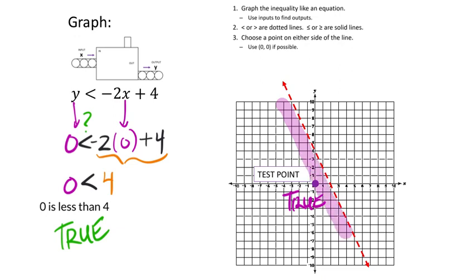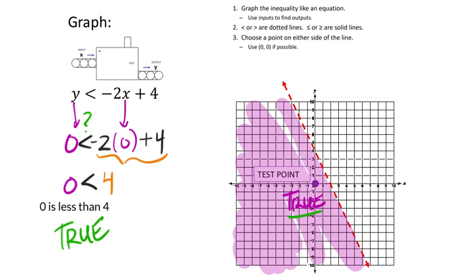Get something, we're not looking for perfection here, so something like this. Okay, now the shaded area shows us, once again, all the values that are true. So, as we've done this, we've shaded, and all these ordered pairs show true, which means that you could have, if you wanted to,